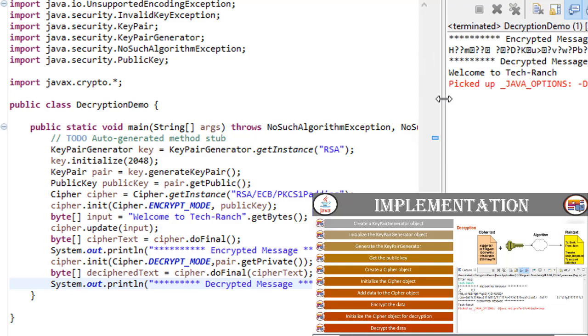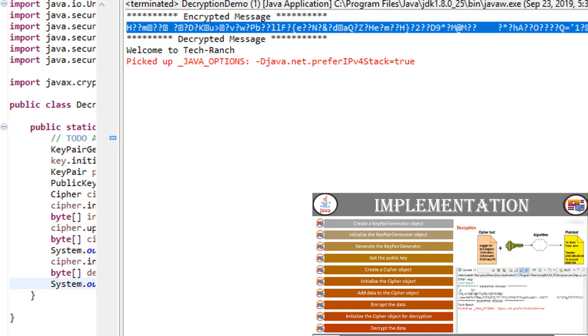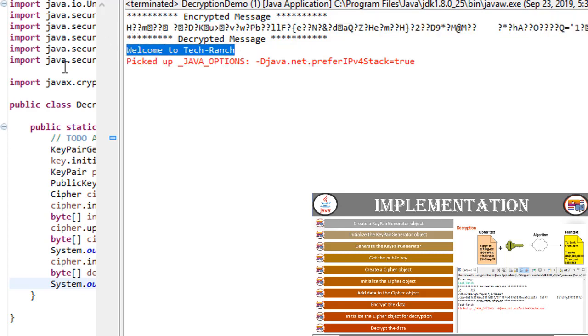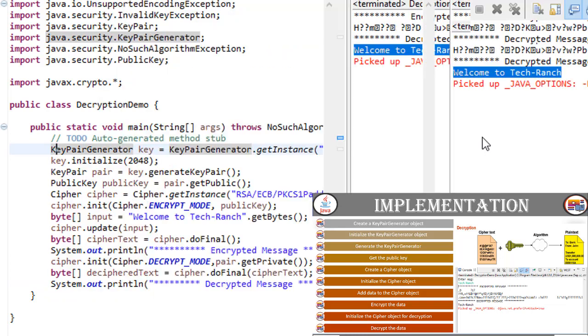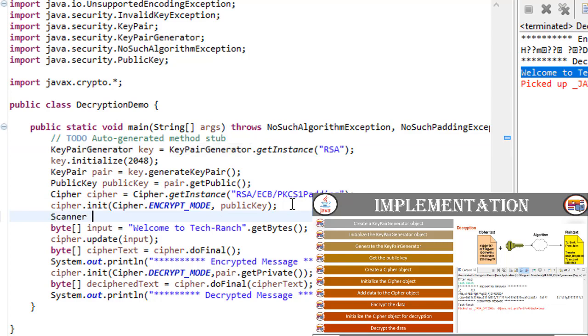So you see here, this is your encrypted message. This is what your ciphertext looks like, UTF format, and it's embedded with your keys. And in the decrypted message, you can see the message that you have entered. Now there are so many ways. You can just have the runtime text instead of static text. So for that, all you need is just a scanner input, new scanner,